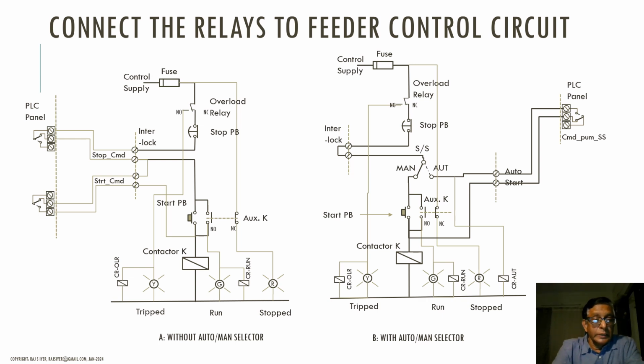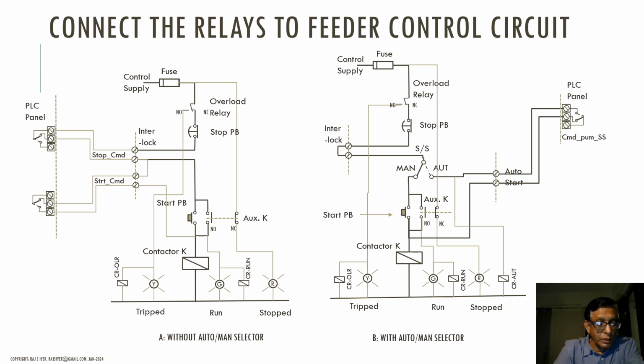Consider the diagram on the left. There are two relays, with two sets of contacts, one for the start command and one for the stop command. You will see that the stop command is the potential free